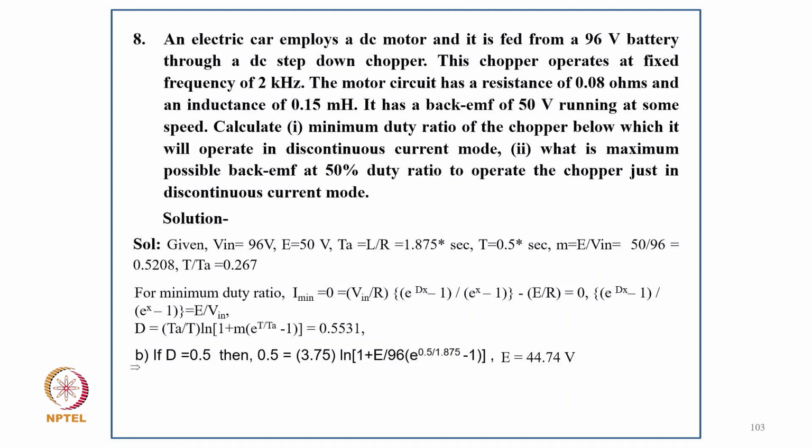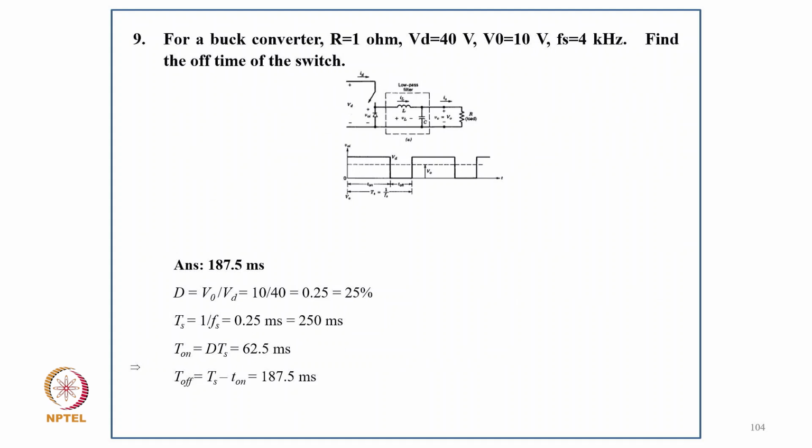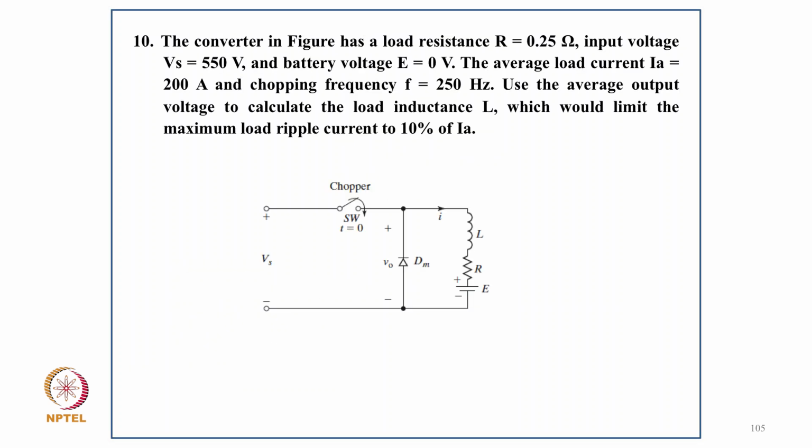So given the data here, for minimum duty ratio, I minimum 0, and V, so putting the value, it comes D equal to 0.5531, and if D equal to 0.5, putting the value, E comes like 44.74. So coming to example 9, for the buck converter, R equal to 1 ohm, V_0 equal to 10, f equal to 4 kilohertz, by the off period. So putting the value, typically T_off comes to 187.5 milliseconds. And coming to example 10,